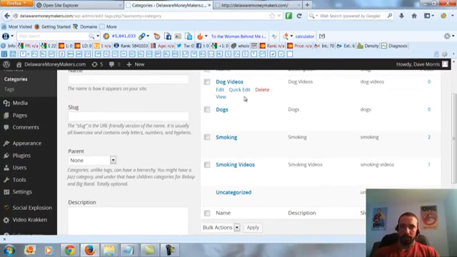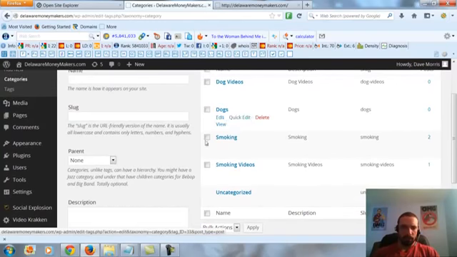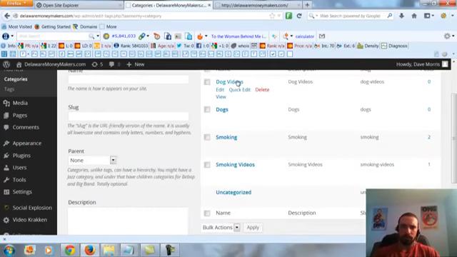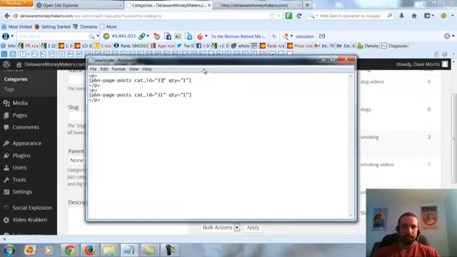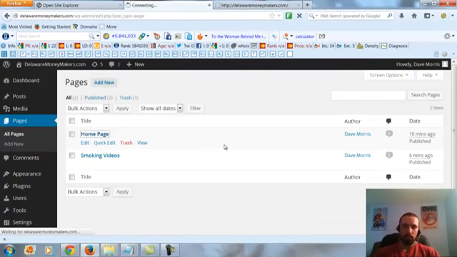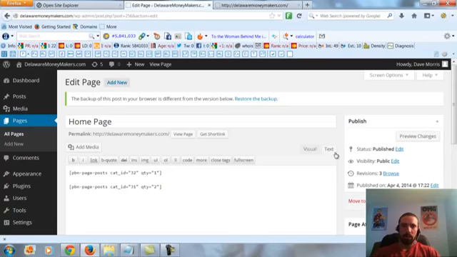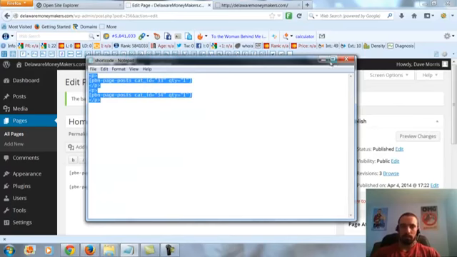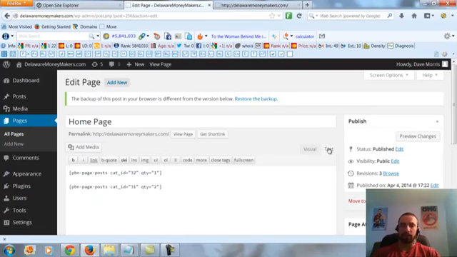So dog's ID is 33. That's for our content, so that would be appearing our content first. And then the videos is 34. Now we would go to pages, home page, and we will paste in that additional shortcode in the text field, not the visual.